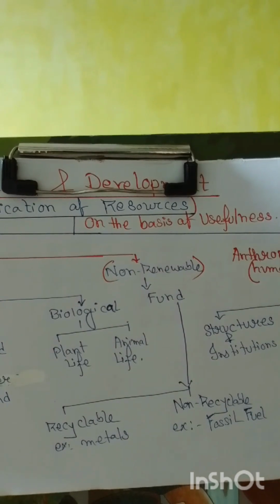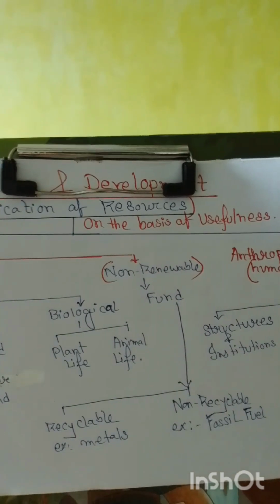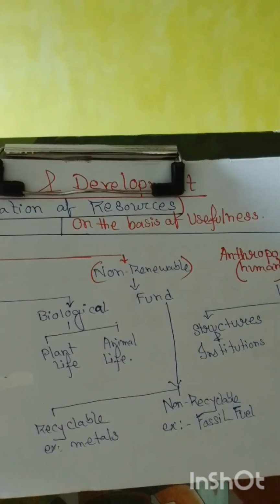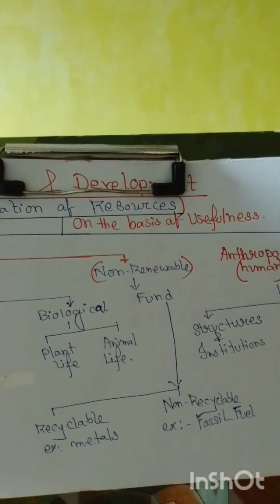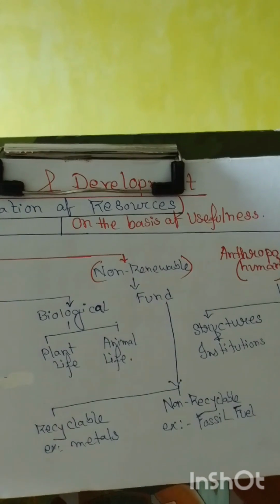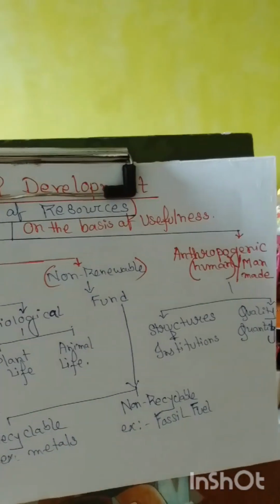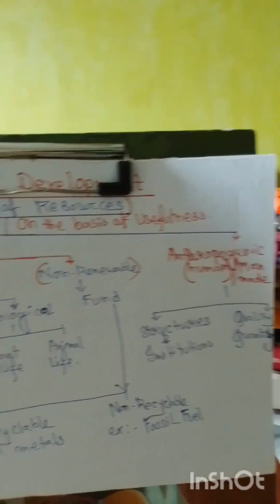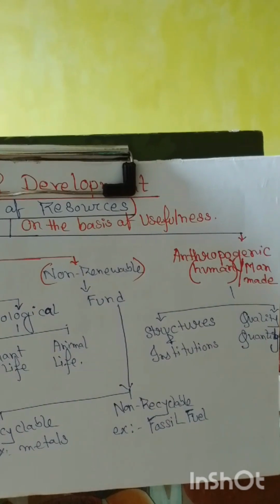The other one is non-recyclable, that is fossil fuel. You know that coal, petroleum, natural gas, these types of natural resources are fund resources which cannot be recycled after the chemical change. So these are the natural resources, and if you consider the anthropogenic or man-made resources, here you will get the